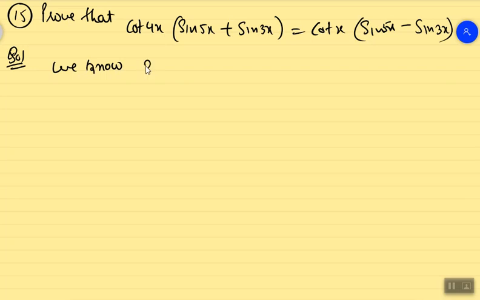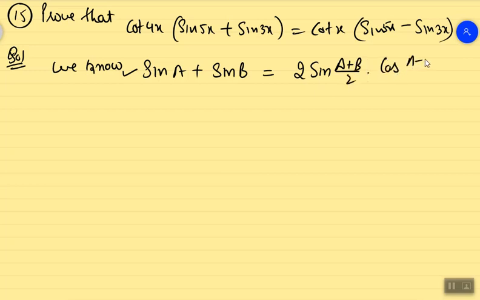we know the formula: sin A plus sin B is equal to, this is the first formula, 2 sin, because there is a plus sign in between. Sin is a good person, so there will be a mixing of sin and cos: A plus B by 2, cos A minus B by 2. A or B, it doesn't mean that A is a larger angle. You can take any angle A, any angle B. That is your choice.